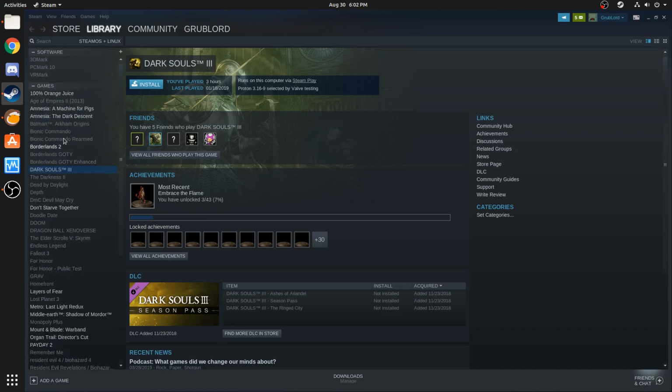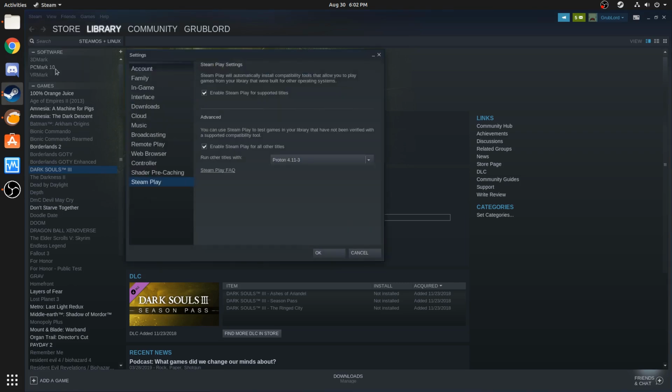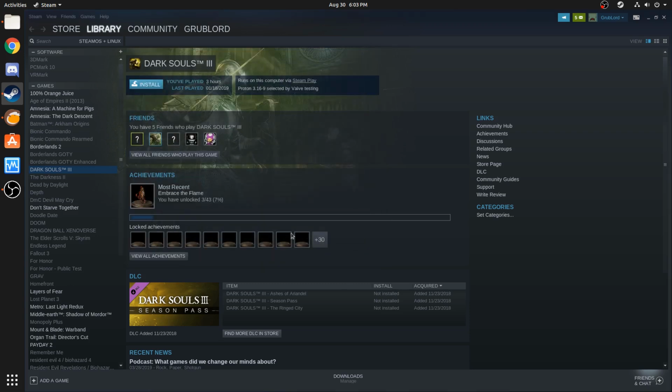It's a compatibility layer. And if you go into your settings, you can see here you can have them checked off. Now, this check will let you run games that are whitelisted. If you have this bottom one checked off, you can run any game using Proton. Now, it's not guaranteed to work. Some of them do, some of them don't. I've had mixed results. And also, DRM and copyright protection and anti-cheat software get in the way as well. Now, once those issues get resolved with those companies, you'll see a whole bunch more games start to support Proton, which is fantastic because that's more games that you can have access to.